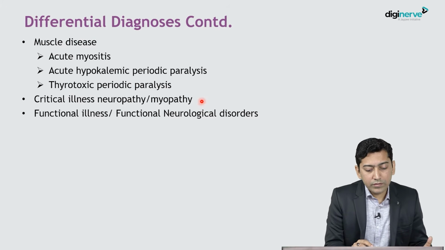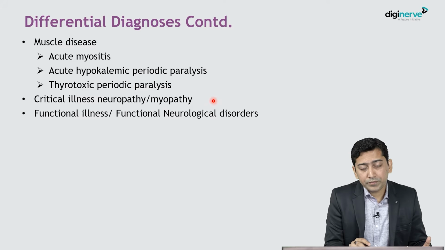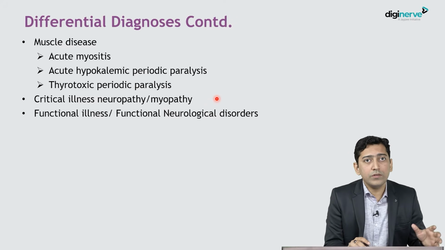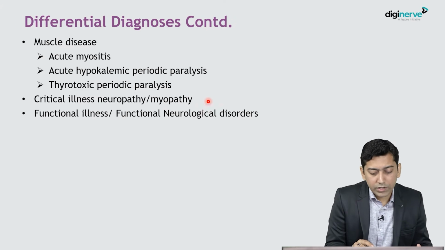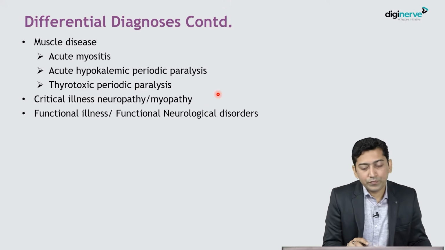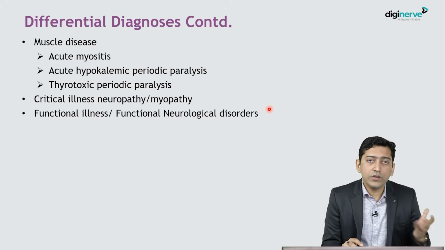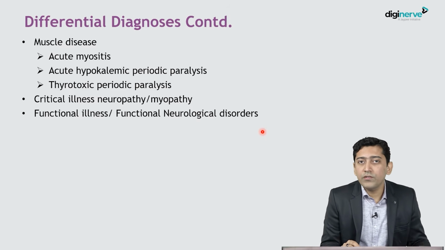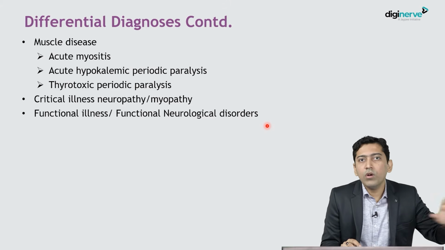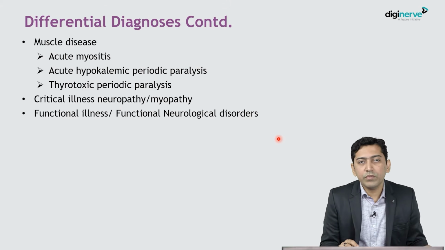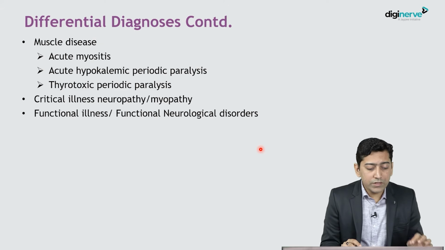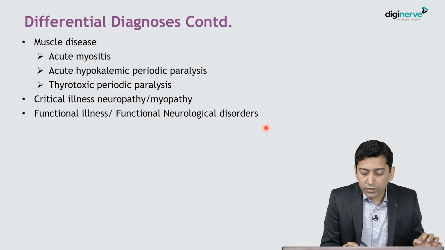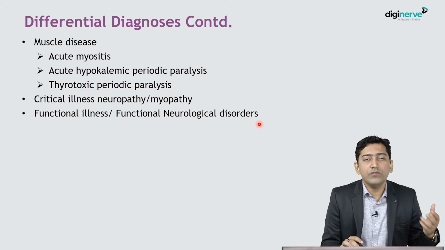So then there are certain features in the electrophysiology when we can say that we are dealing with critical illness neuropathy. So the treatment and the natural history varies. And then the diagnosis of exclusion is a functional neurological illness. So when everything is normal, all the tests are normal, but still the patient is complaining of weakness, we have to keep this in mind, whether we are dealing with a functional neurological disorder, somatic manifestation of a mental health